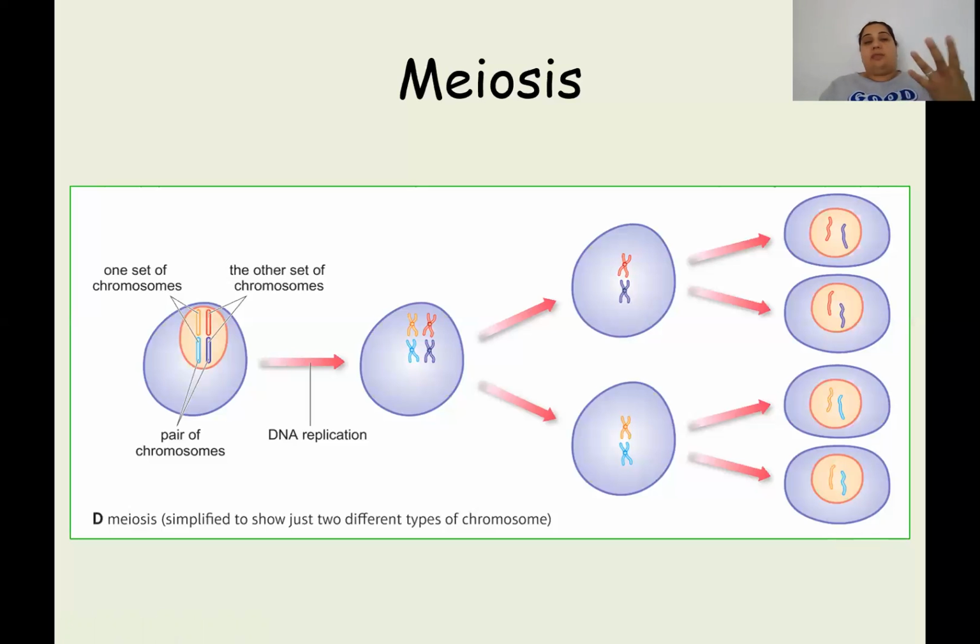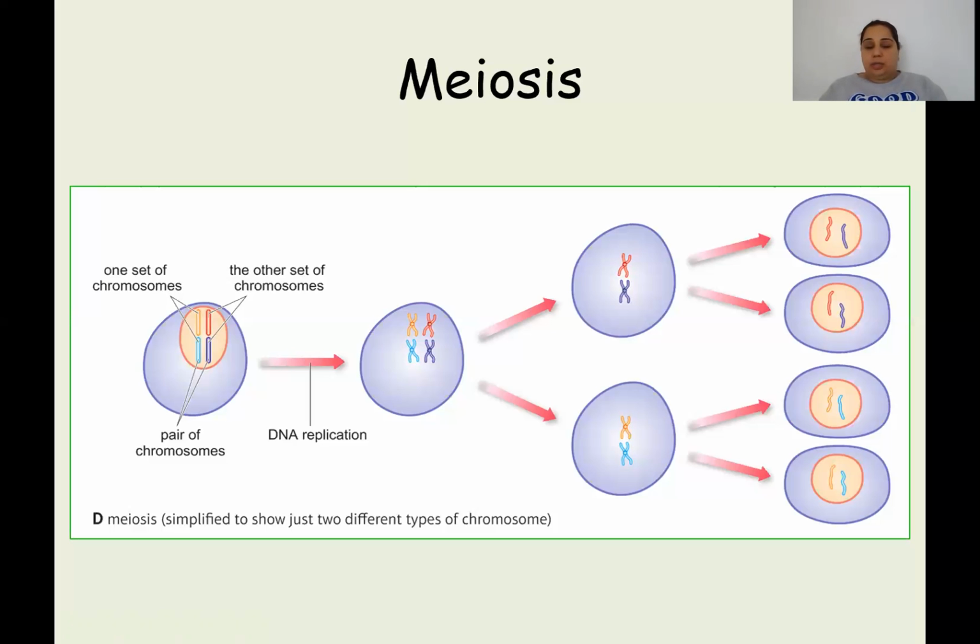Okay, same process if we were producing sperm cells, so that's going to happen in the testes, so again the reproductive organs for the male, and these 4 cells here would be 4 sperm cells that are different from each other. Okay, and obviously millions of gametes are produced, so any one of those can be used in that process